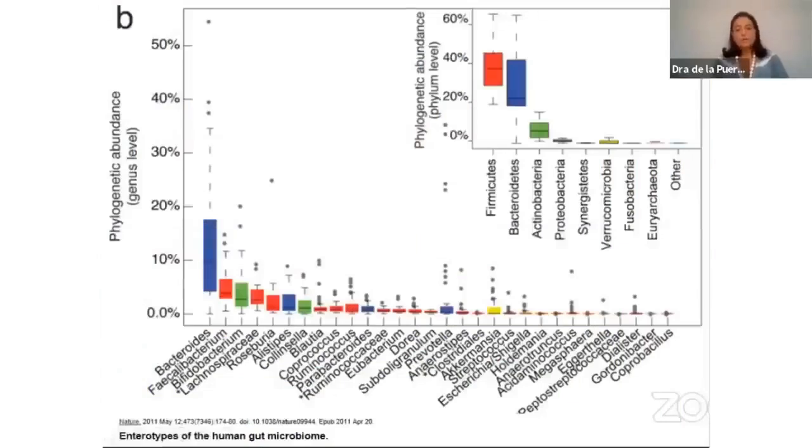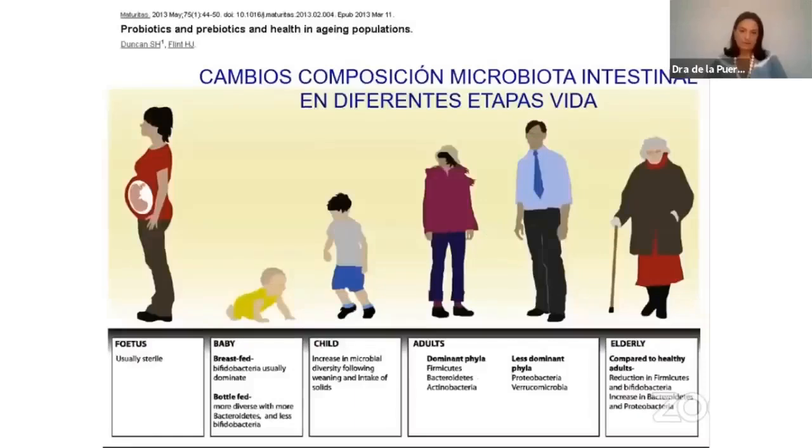If we want to perform massive sequencing of the microbiota to quantify the bacteria by name, we find that the number one bacterium quantitatively in the intestine is Bacteroides. And next comes Faecalibacterium as number 2 and Bifidobacterium as number 3. Why do I put this slide here? Because when we talk about the metabolic performance of the microbiota in the context of anti-inflammation and modulation of inflammation, these two bacteria, Faecalibacterium and Bifidobacterium, are great producers of short-chain fatty acids, mainly butyrate, which is the major modulator of this inflammatory response at the intestinal level.